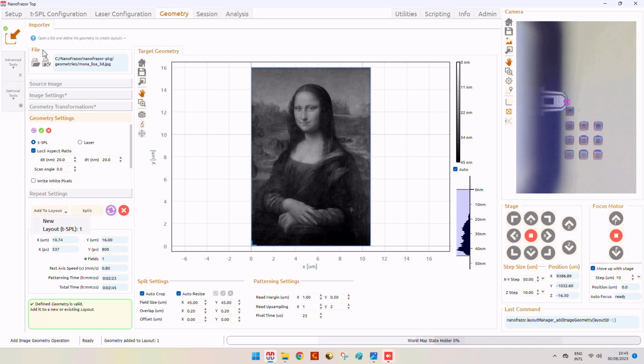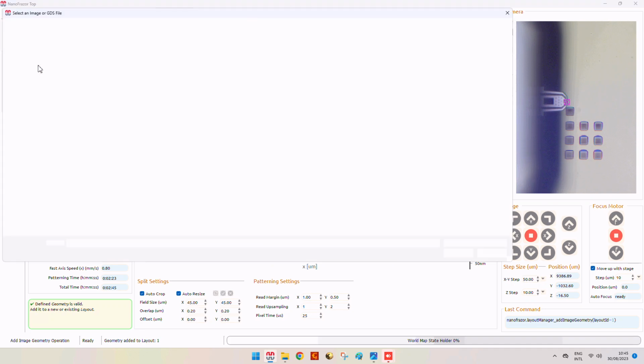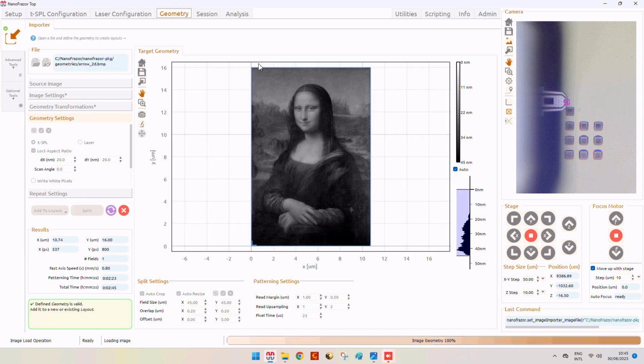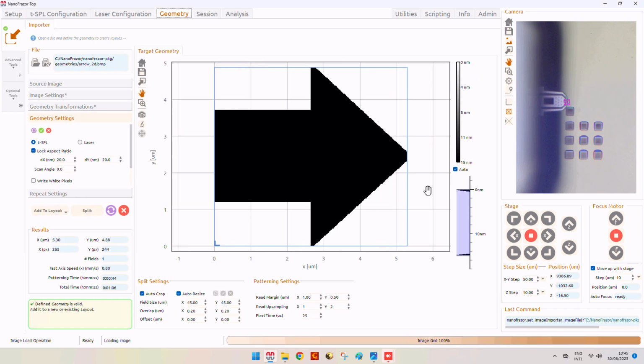So layout TSPL. In case we want to import a laser layout, say, a common laser layout is a 2D pattern. So let's say we want to import this arrow. Same thing, we can go through these settings and change whatever we want.